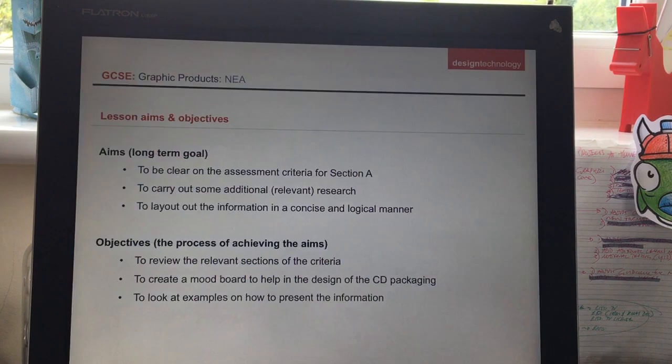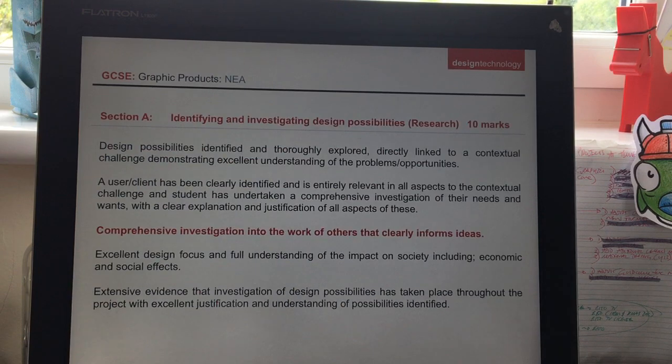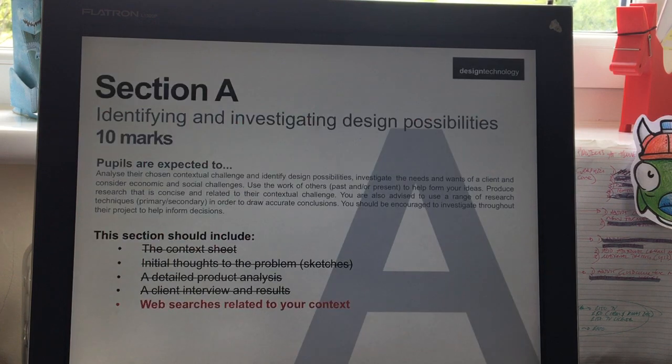Okay. So these are the lesson names. They're very similar to the previous one on lesson 11. So we're just going to have a quick look at the assessment criteria, which is the same. This is for section A, so remember, it's 10 marks on offer here. We're looking at comprehensive investigations into the work of others. This time we're looking at, and here we flip through the aims,